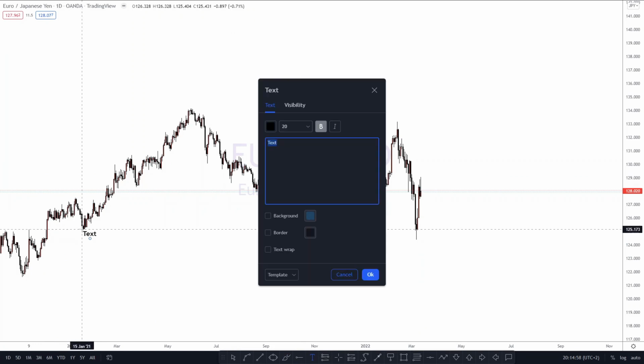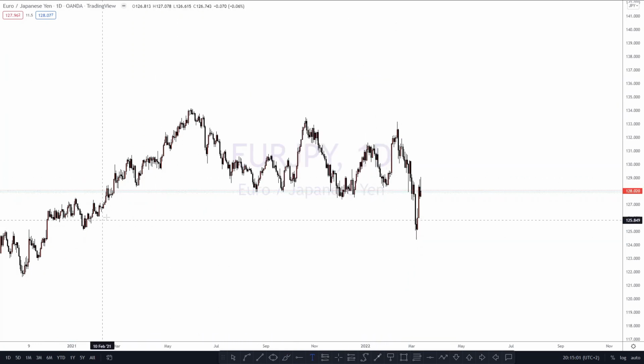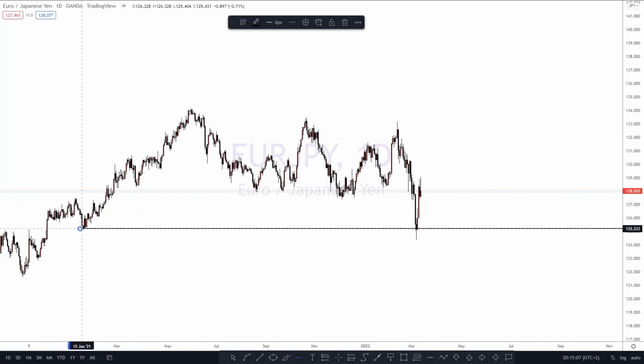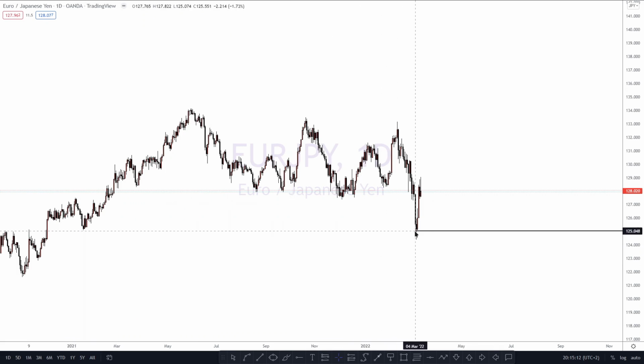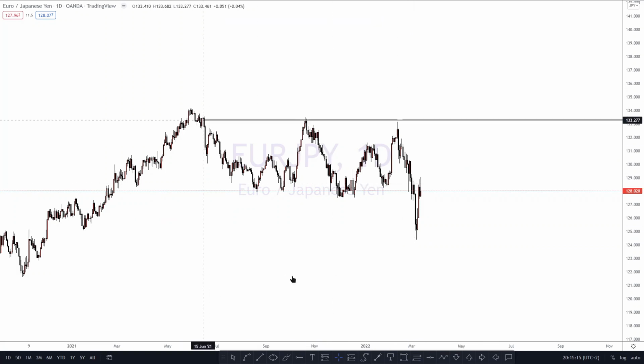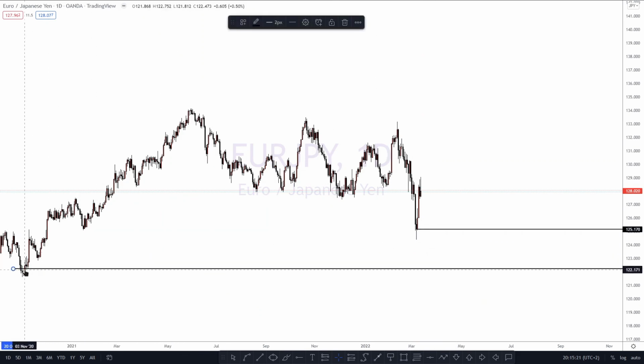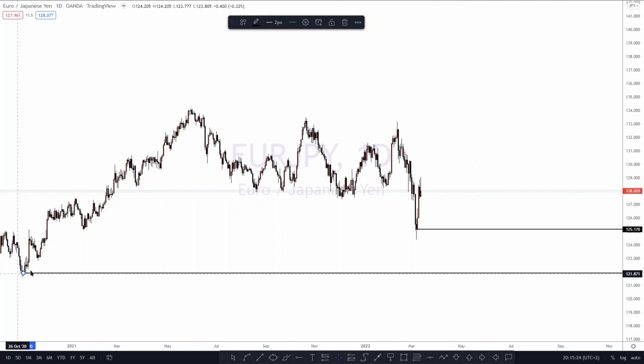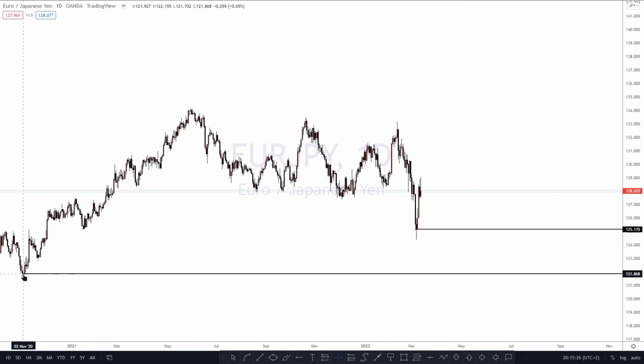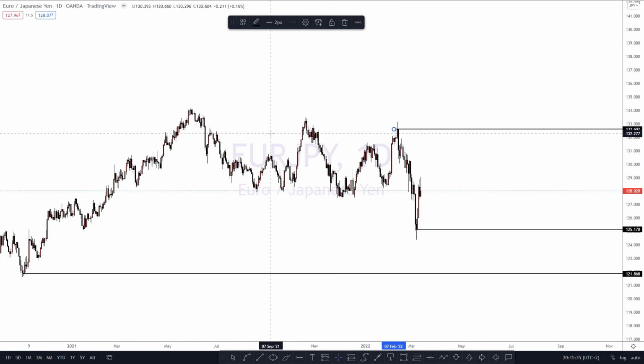So we're gonna have this, but now I'm also gonna make you understand why I wouldn't consider that as a low, because it has been rejected or violated. So price now has created the one that I want to focus on. As I said, I focus on recent lows. So it's this one, and then we have this one right here, and then the highs, we have this high, okay, right? We have a high up there. That's what we're going to be focusing on.